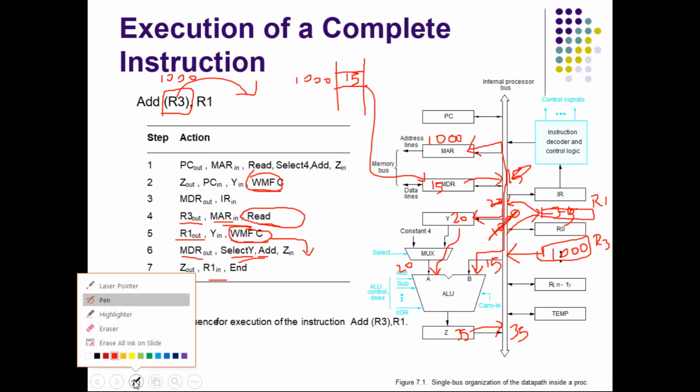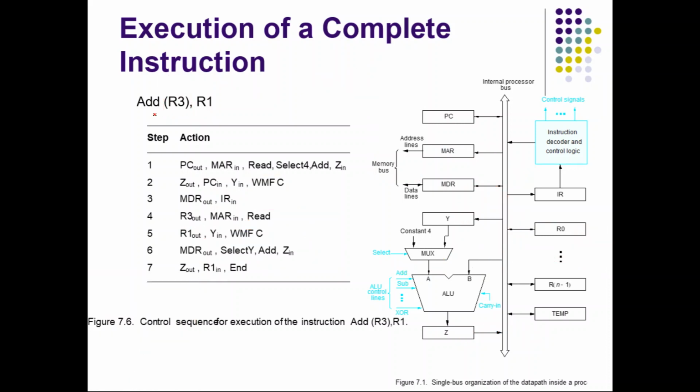So you can see there are many steps involved. So this single instruction, if you see how many operations it involved, 1 2 3 4 5 6 7 8 9 10 up to 25, it involves 25 operations. Okay, and it took 7 clock cycles to complete. Right, but still the performance can be improved if there is more than one bus. So that we'll be discussing in the third case.